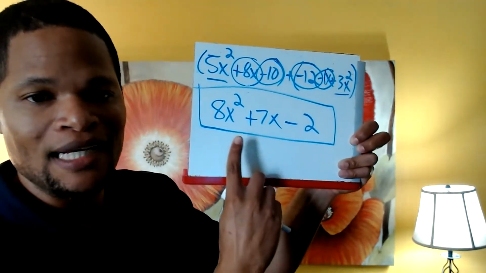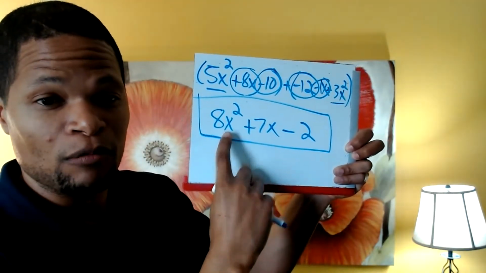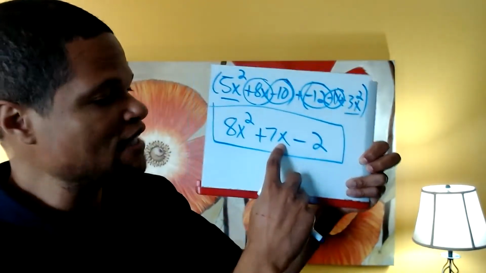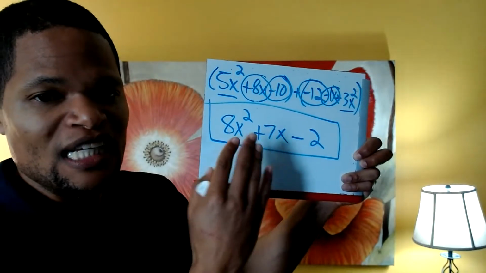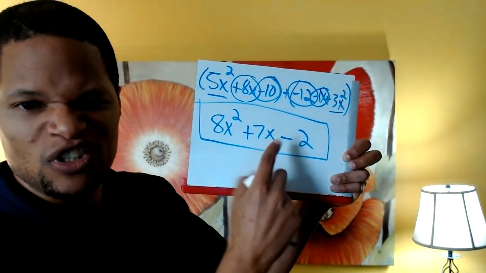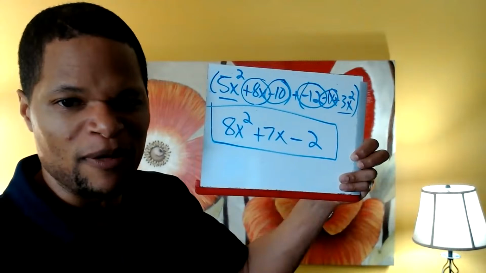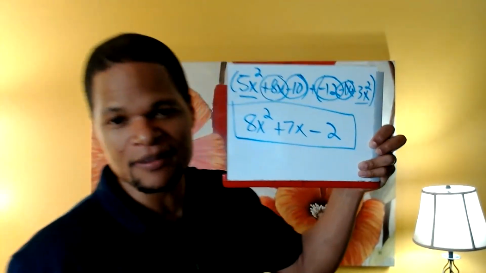You can't combine terms that don't have the same variable and power. That's why 7x and 8x squared cannot be added together. They're considered different things. It's like apples and oranges. You don't put them together in the same compartment at the grocery store, if that makes some sense.